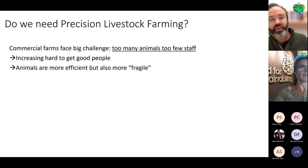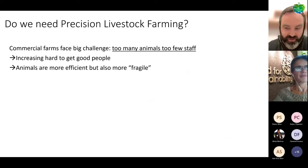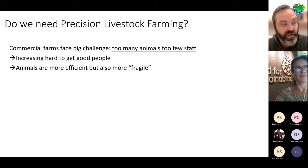And I always get a question: do we really need this precision livestock farming? Because farmers are doing a good job as it is, and in fact it is true when it comes to livestock farming that many farmers hold a huge amount of knowledge. They have to deal with a large amount of complexity, but the problem they face is that